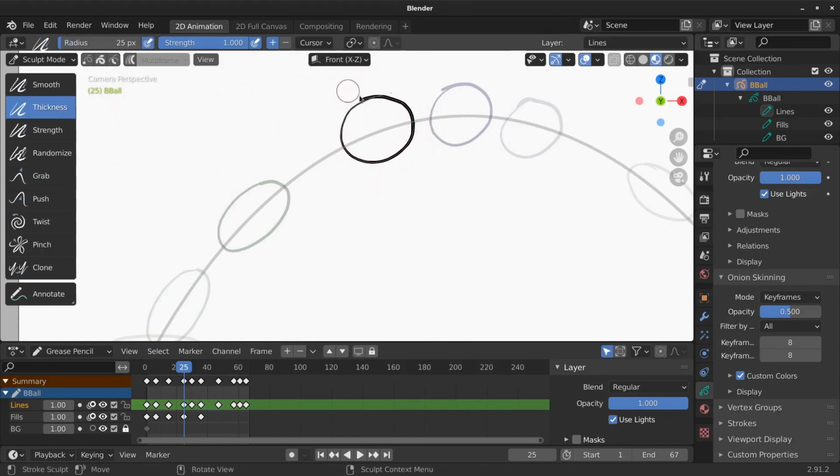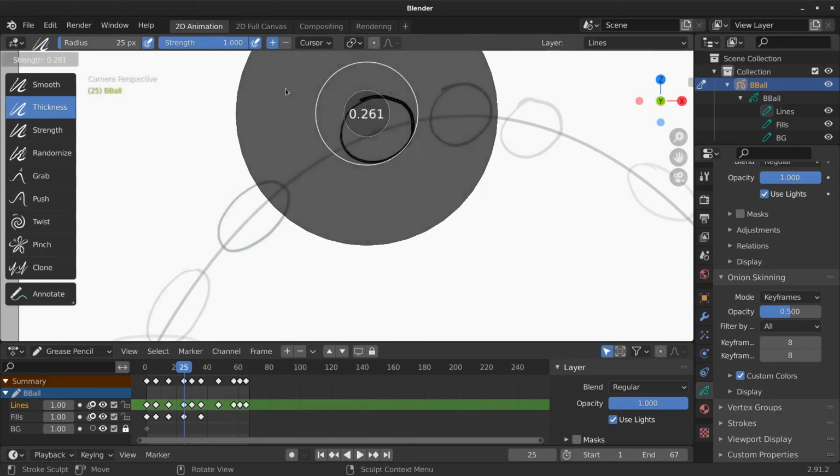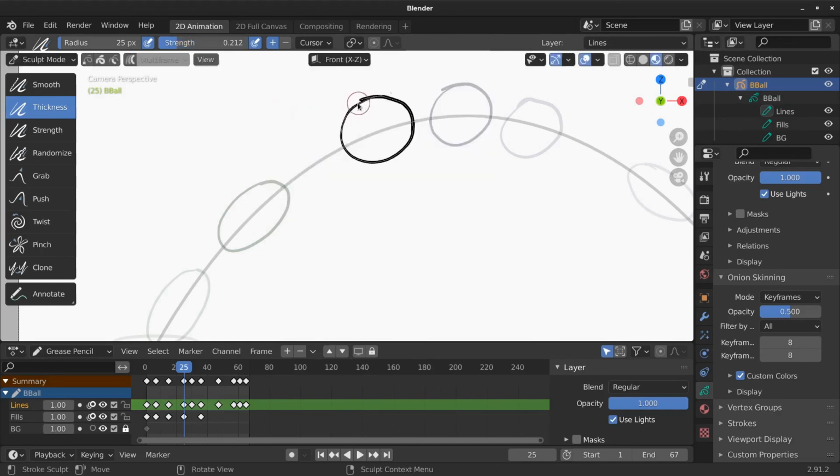You could also play with thickness, so I could make that a little thicker. Let me reduce the strength because it's just coming on way too strong. So let me do that. Okay, that feels a little better. So back to grab,